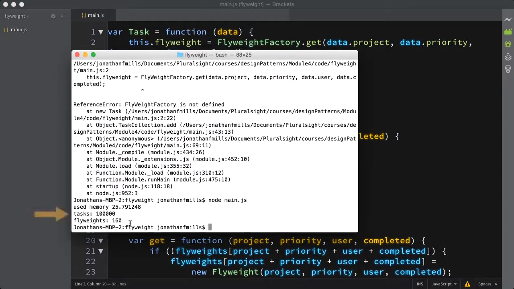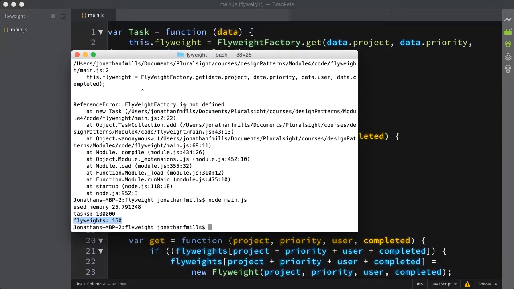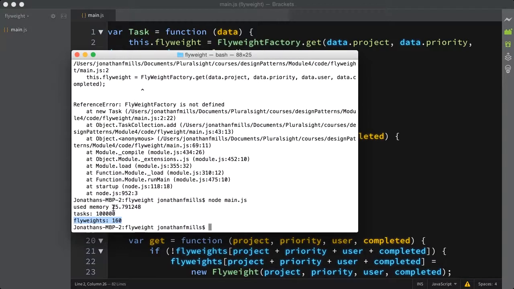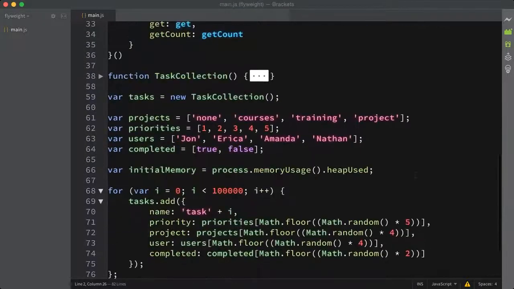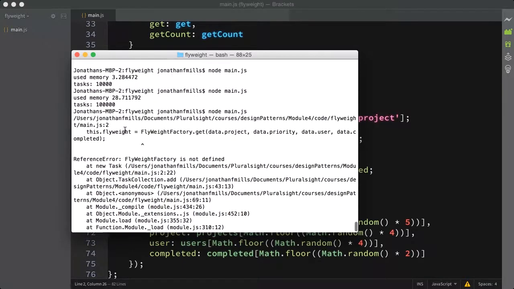Now let's do it. All right, now I've got 100,000 tasks, but only 160 flyweights, which means that data is shared: the priority, project, user, completed. Any combination of those things was only shared 160 times. So I've cut down the amount of memory that was used. Notice I was 28, now I'm 25, so not a huge amount, but I've cut it down. If this was maybe a little more complicated and we had more, it might be more. But right now, implementing the Flyweight pattern on just this simple task has saved me 3 megabytes of memory, which